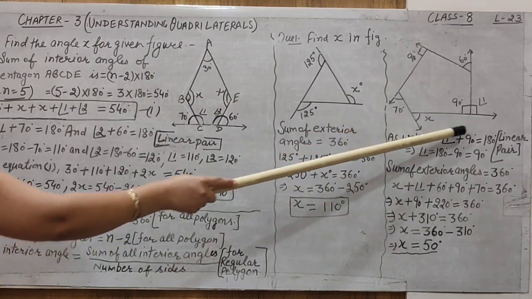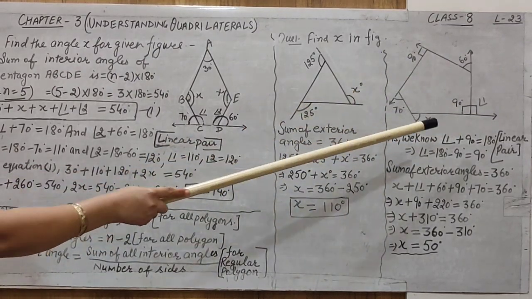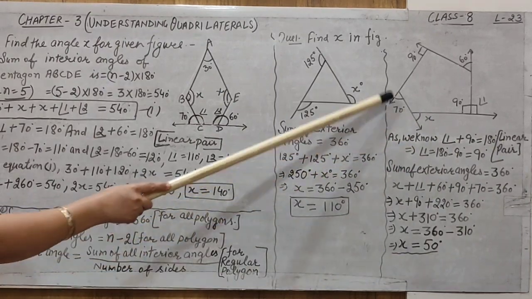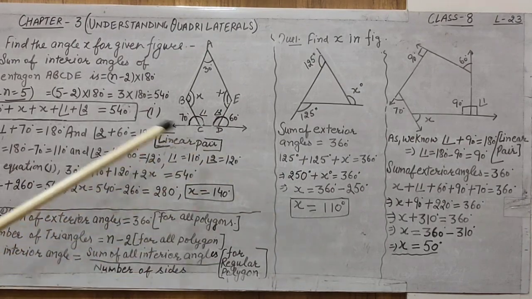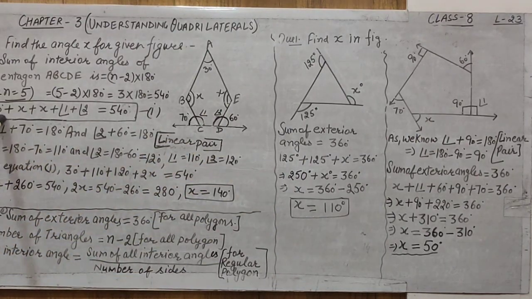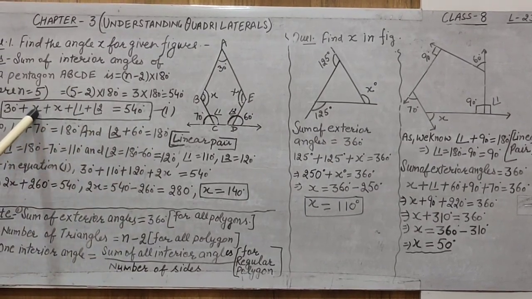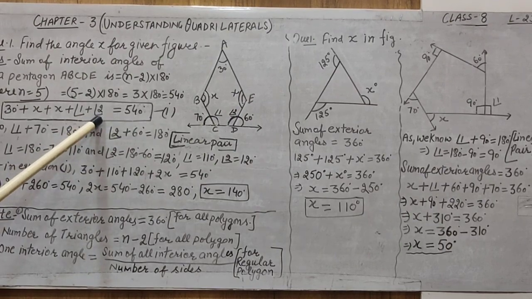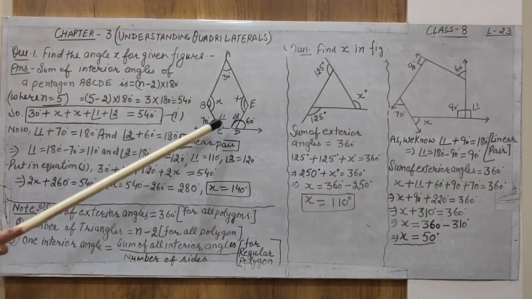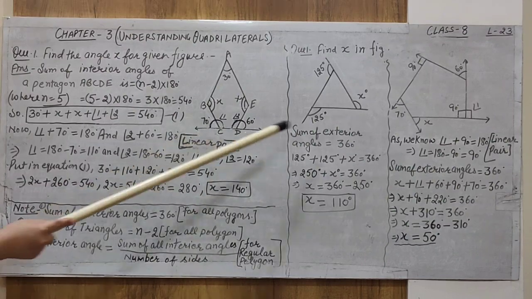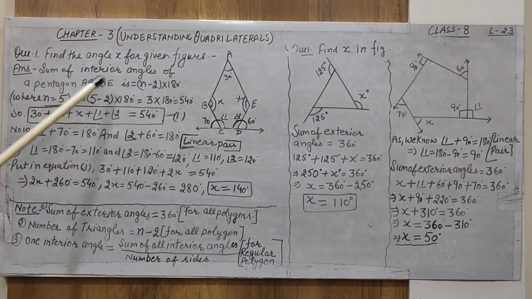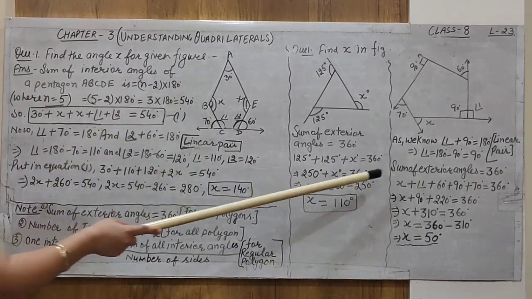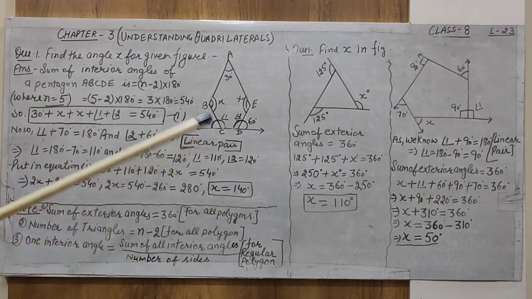When there are all 5 angles for the pentagon, only one angle you have to find out, but the other 4 angles are with you. Only then we can find out one angle. Similarly, in the interior angle question, we have 5 angles in the interior, but if we find out the value of x, the angle 1 and angle 2 must be known to us, and they are found out with the help of linear pair. These both questions are almost similar, but in that question we use the sum of interior angles, and in this case we are using the sum of exterior angles.